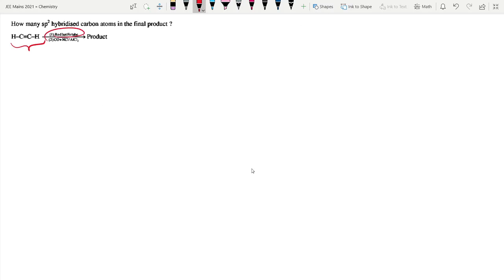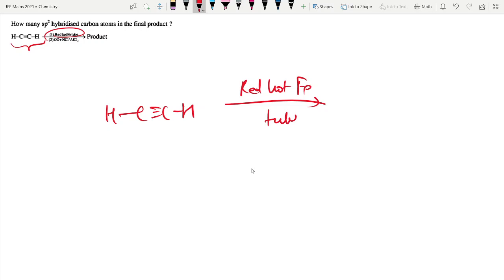Okay, so red hot iron tube, and you see acetylene and red hot Fe tube. This will give you benzene. This is a very famous one, and it's being asked in many examinations. I've never seen this process happening. I've never been acquainted with this thing. I've never seen it happening industrially anywhere, but this is a very famous one. Aromatization. So you see benzene ring here, and then after that CO, HCl.